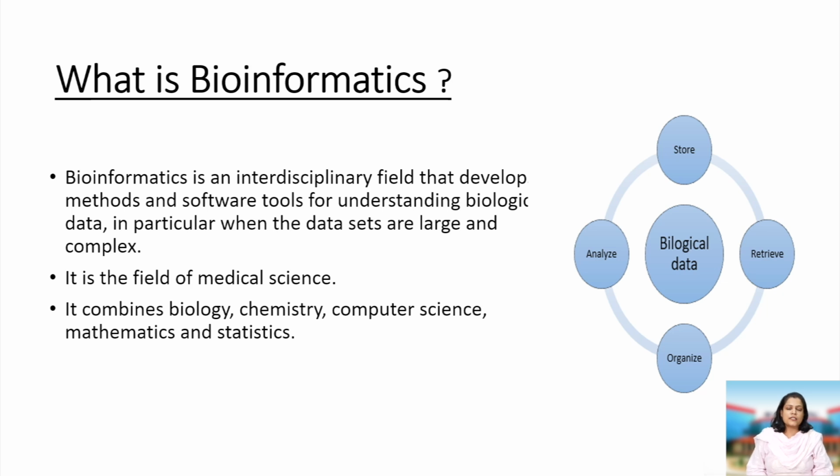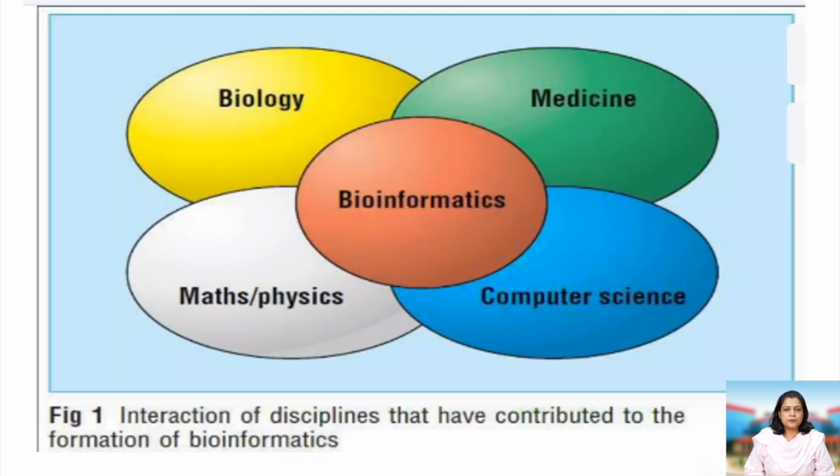What is bioinformatics? As we all know, bioinformatics is a combination of biology and information technology, which is used to solve biological problems. There are various types of biological problems related to biological sequences as well as biological structures. It is a field of medical science and it combines biology, chemistry, computer science, mathematics and statistics, as the picture represents here. This picture represents the combination of various fields like biology, medicine, math and computer